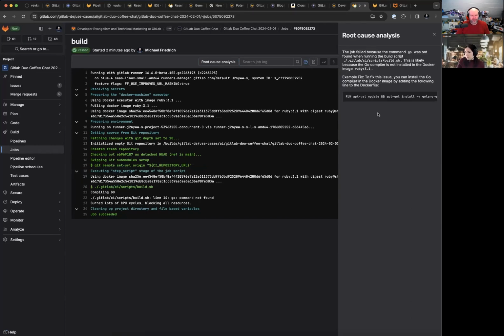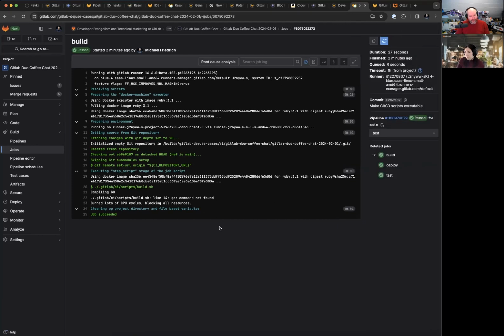This wasn't planned, but I forgot to install Golang in CI/CD, and root cause analysis can help with that because the Go compiler is not installed in the Docker image Ruby. So yeah, this was root cause analysis now, but maybe I can mimic the same with Duo Chat